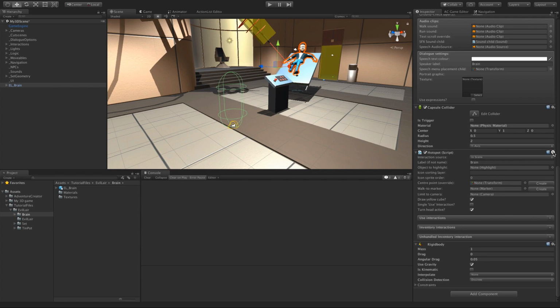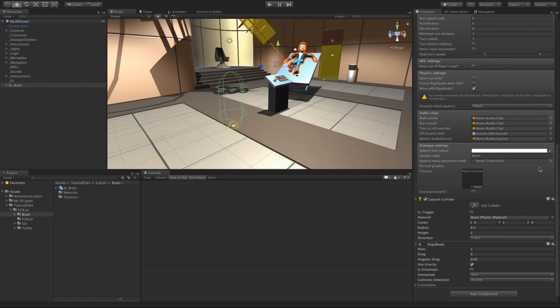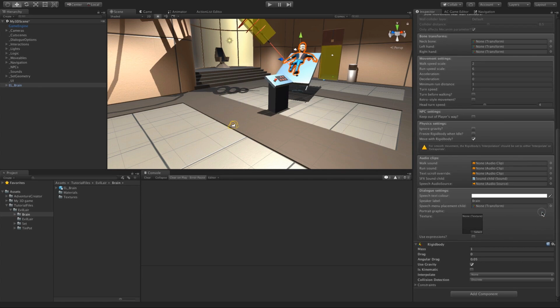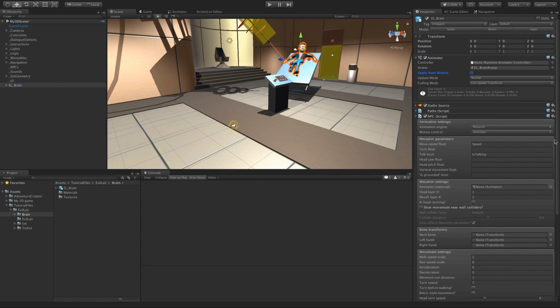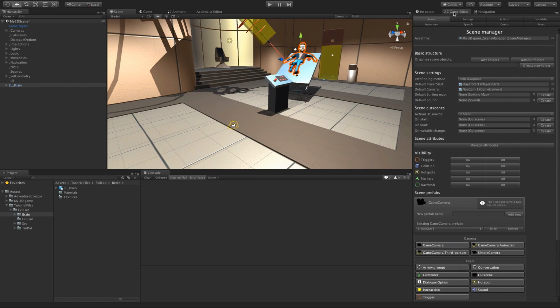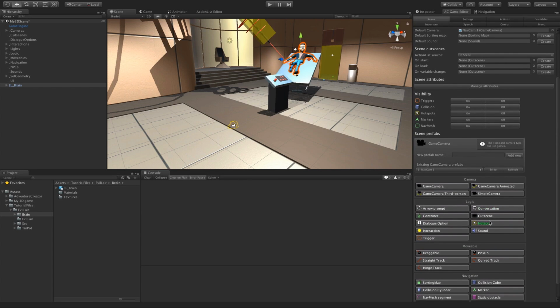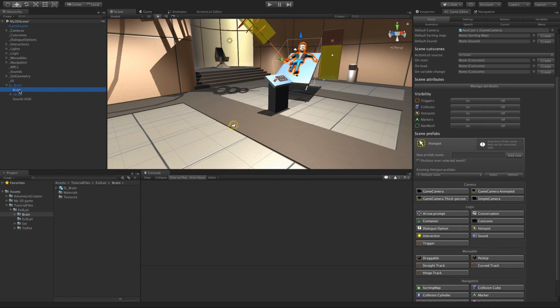So what I'm going to do is remove the hotspot component, as well as the capsule collider and the rigid body, because he's not going to be moving around, he's not going to need one. And I can create a new hotspot back in our scene manager. I'll scroll down, and while his model is selected, and that's the brain child within this object, I'm going to check position over selected mesh,